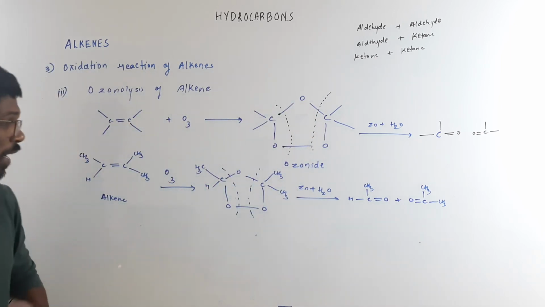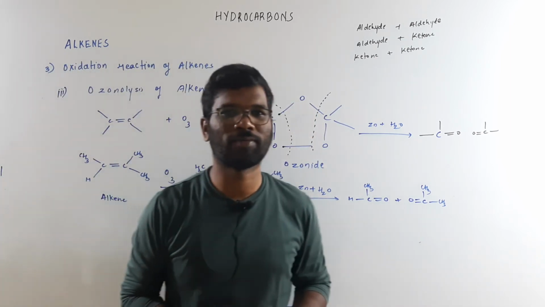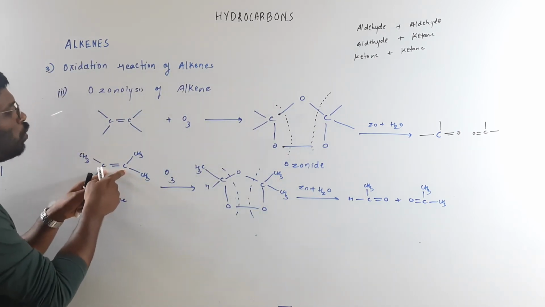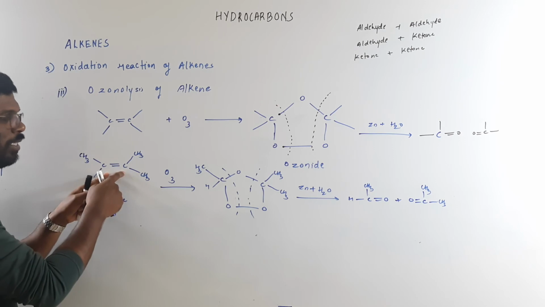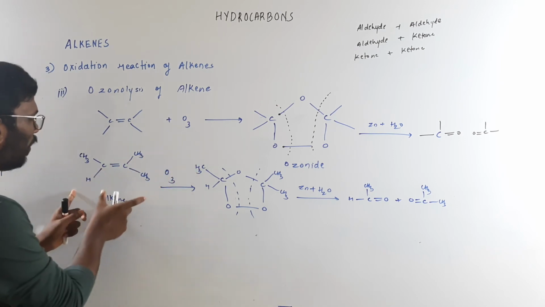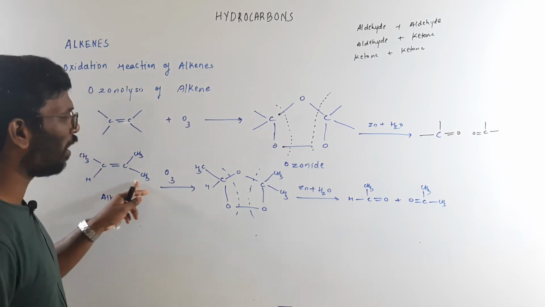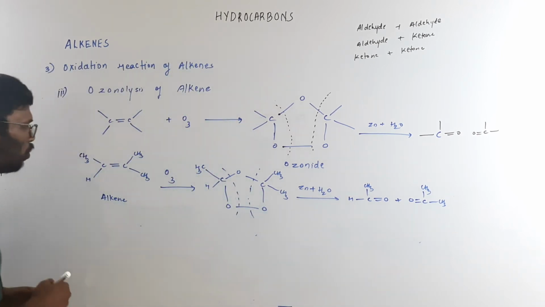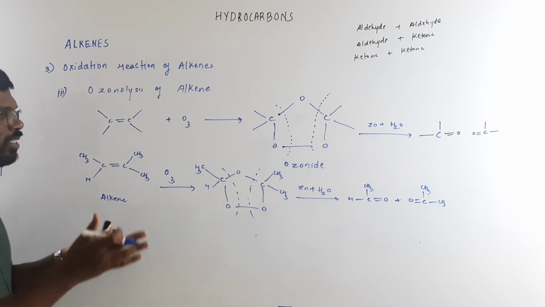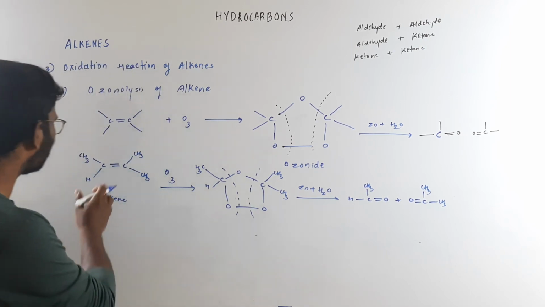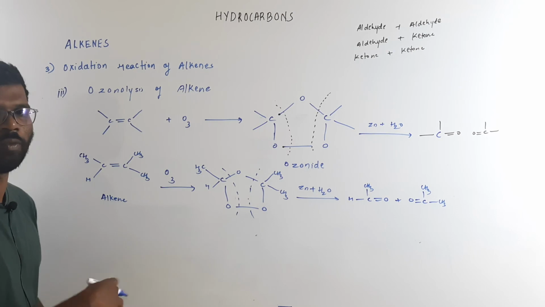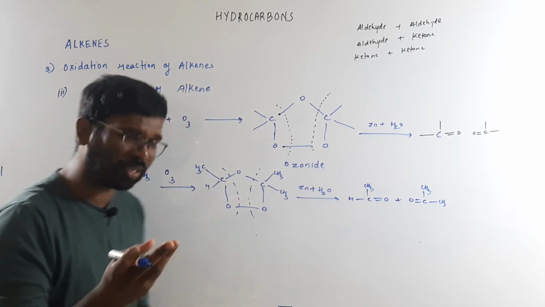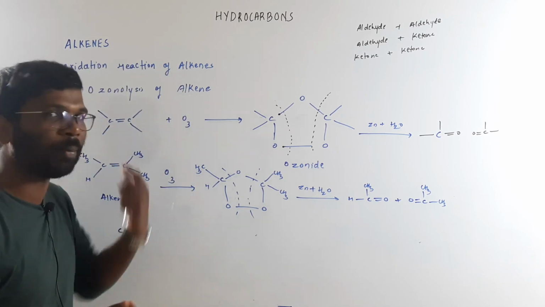Okay, if it is the simplest thing, I will show you the short trick. What is the short trick of these reactions? Depending upon what is present on these carbons of the alkene, if this is this type of alkene, then I am getting one product to be a ketone and one product to be an aldehyde. Whenever you see any alkene, you just break the double bond and put one oxygen on each carbon. This is just a short trick and not a mechanism. Please make a note of this, how to remember this reaction.